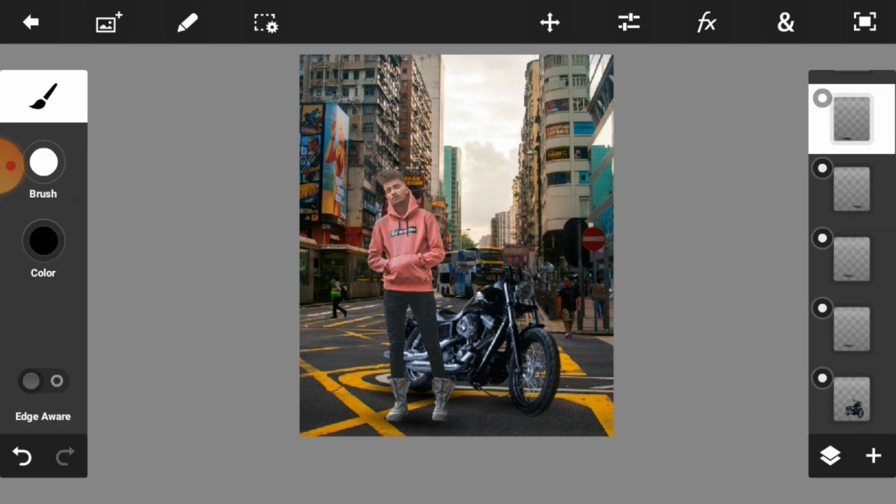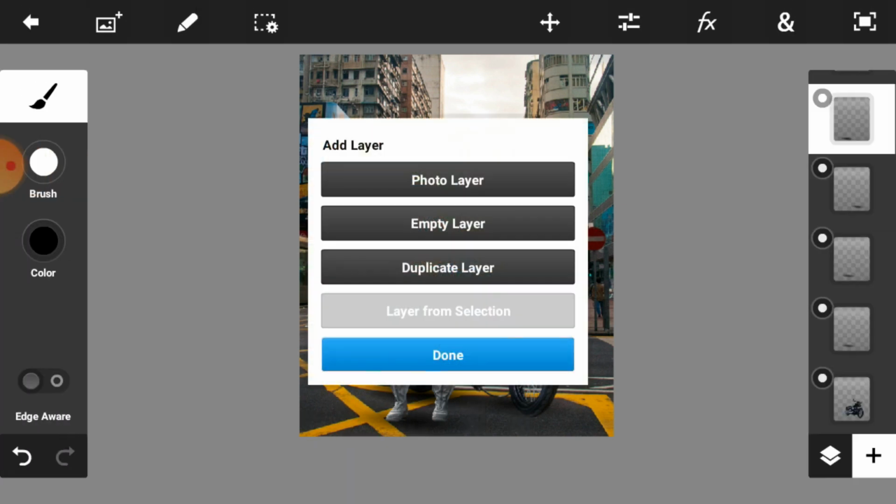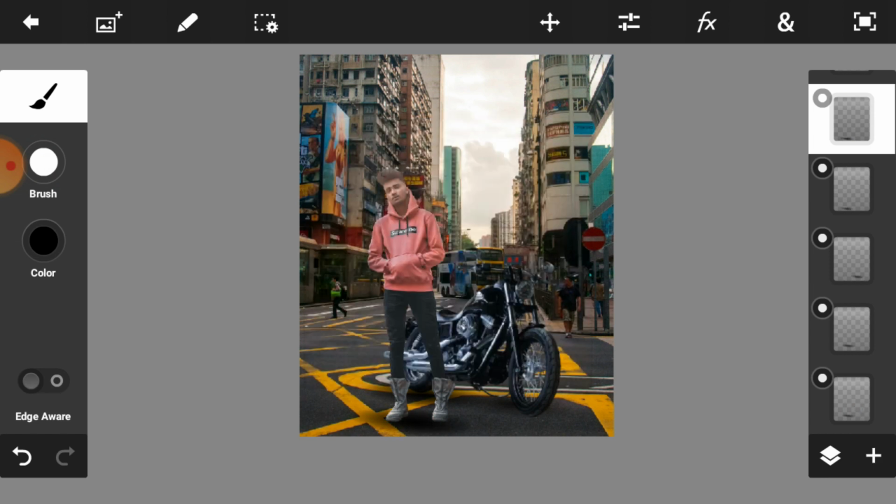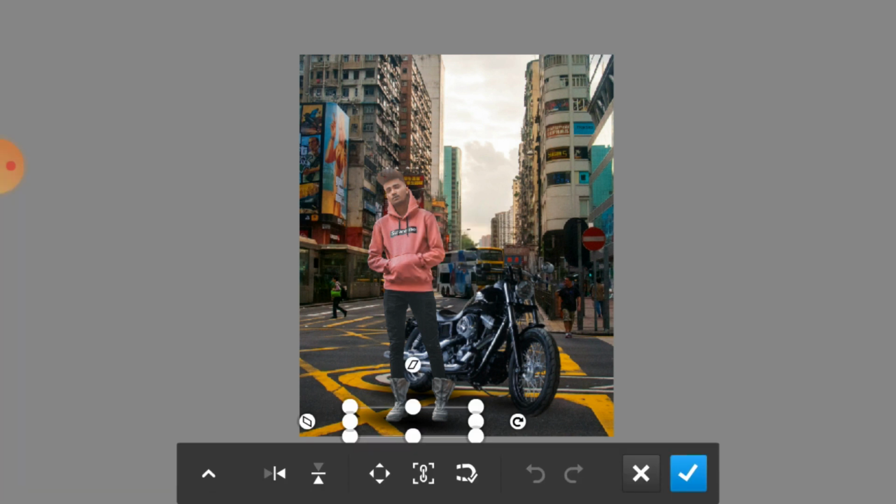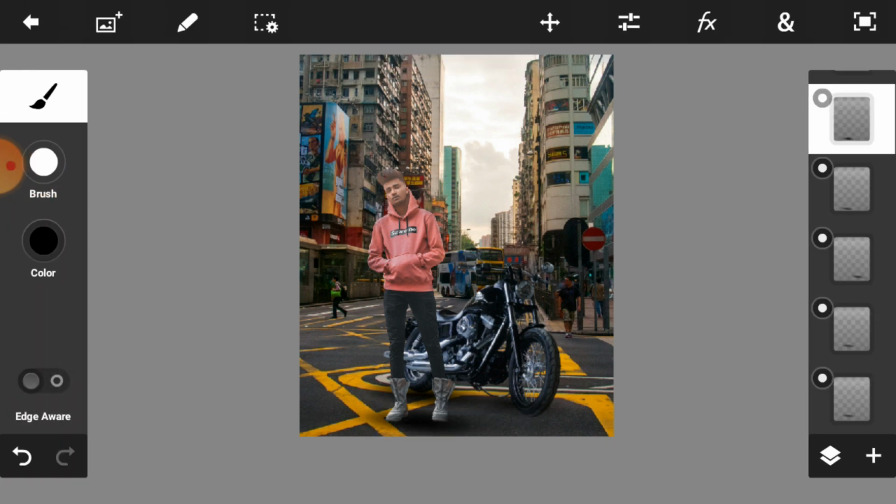So this one is almost done and your placements are almost completed. And now again duplicate this one and place another shadow with another layer. So this one is done. Just simply click on the right icon.